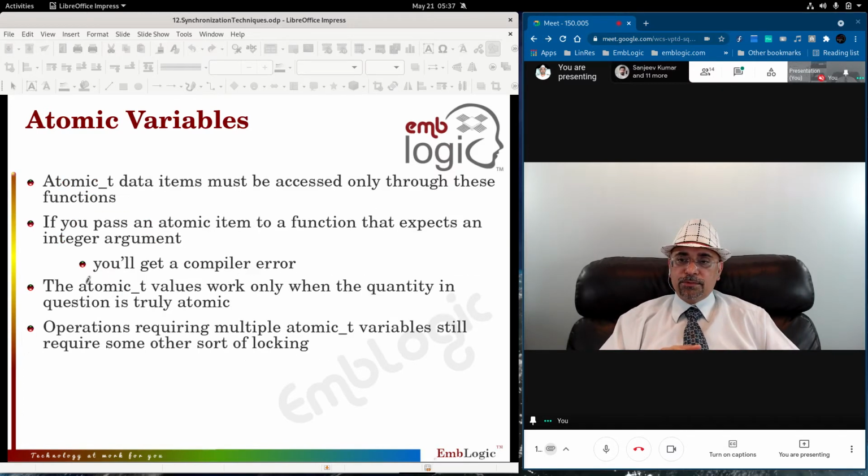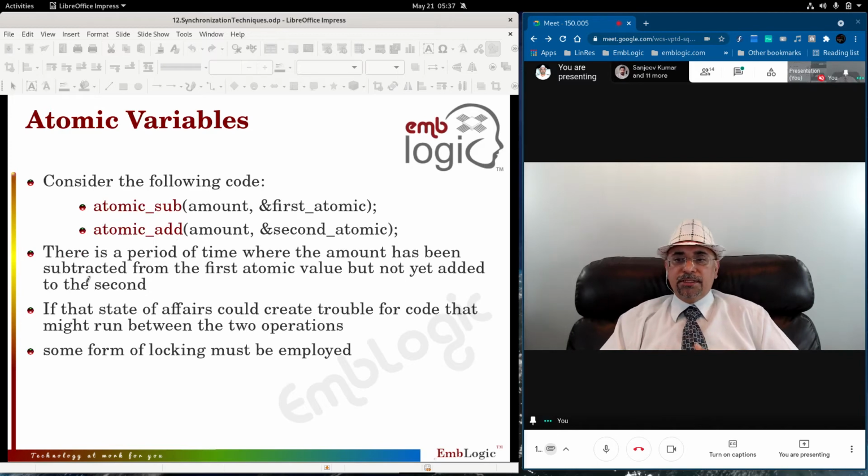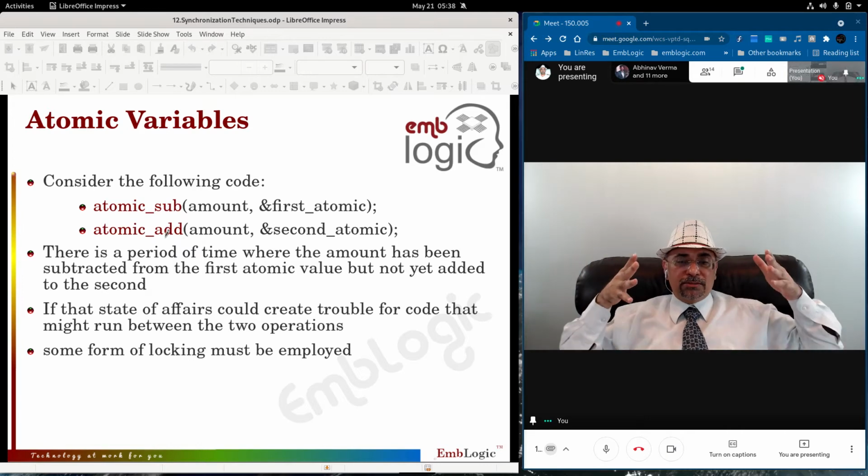So two more, atomic subtract and atomic add. This is the atomic variable from where you subtract this value or add this value. Now suppose these two things are done together. There are two threads running. One is doing atomic subtract and atomic add together.